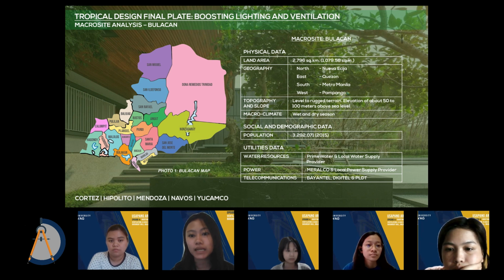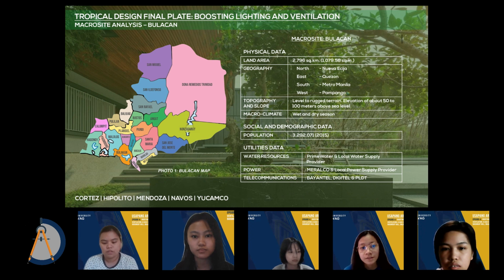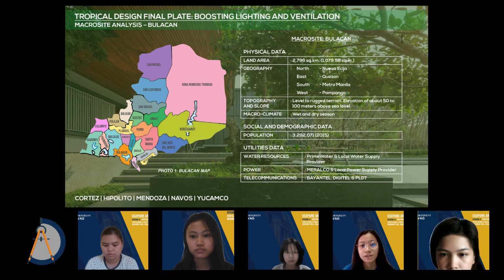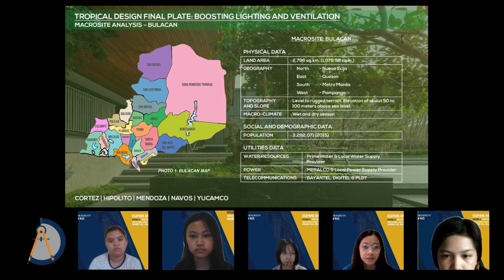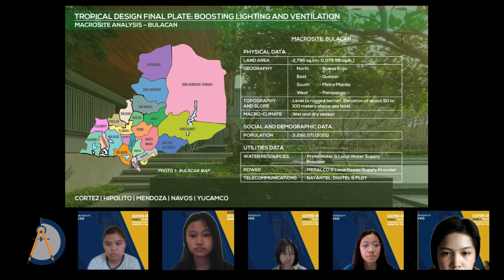The population of Bulacan as of 2015 is 3,292,071. The water resources in Bulacan province is fortunate for having springs and several large rivers providing water and hydroelectric power. Considered to be major ones are the Ipo and the Angat rivers, which are big enough to provide economic opportunities to the province. The Angat Dam serves a greater portion of the water supply needs of Metro Manila and Cavite